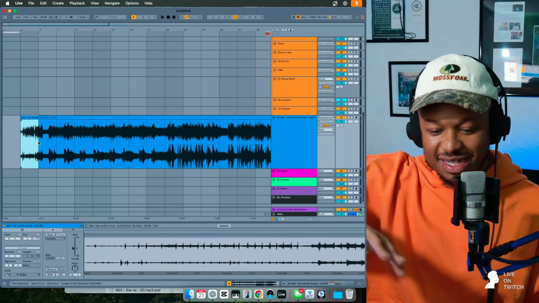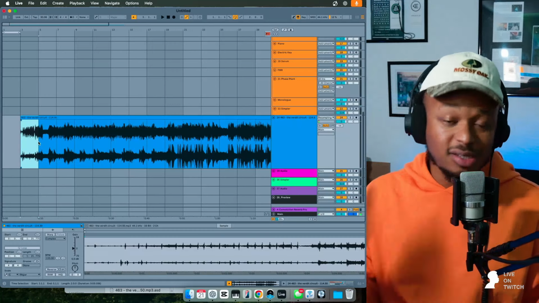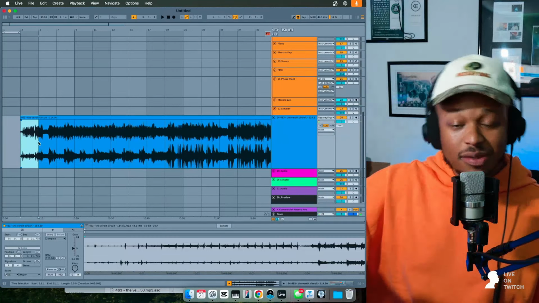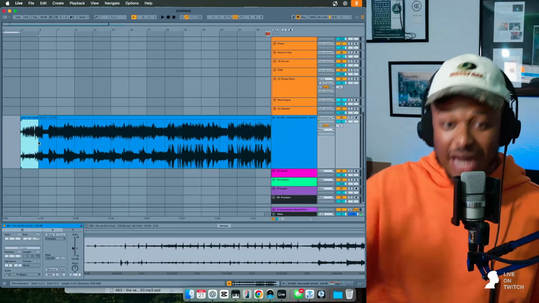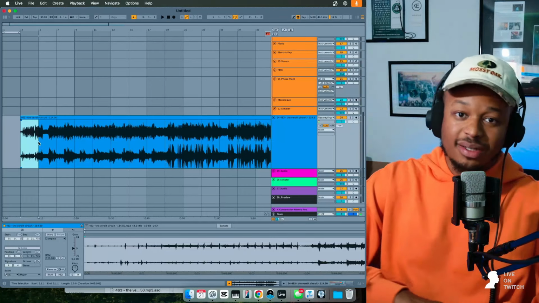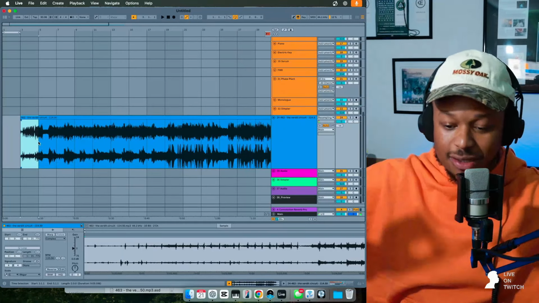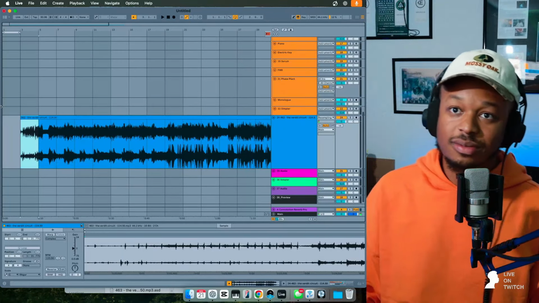song arrangement session view of how to approach this. Break it up into pieces. Break up the parts of the song that you like, or the parts of the song that you're into. We can worry about separating the elements later, but you have to break it down into parts that you like.